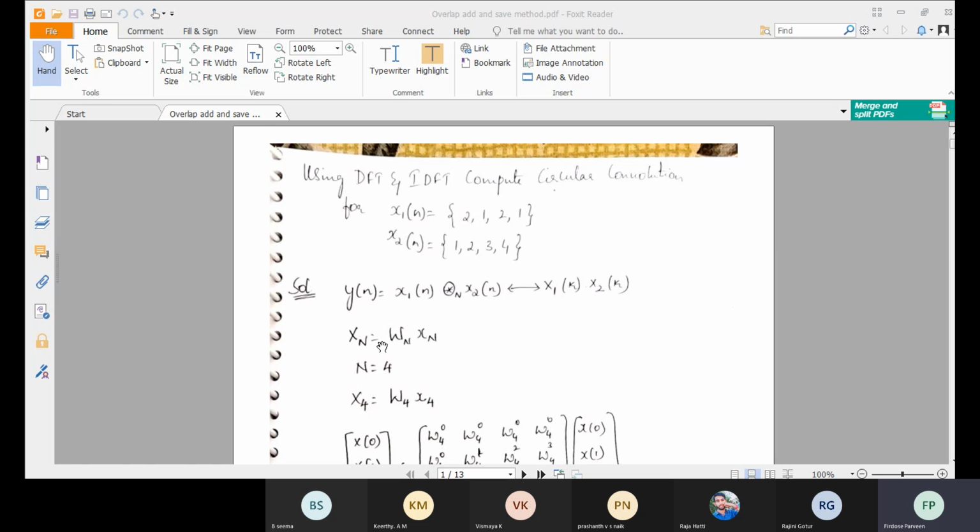It is x of k is equal to WN into x of n. So what is N here? How many samples do we have? We have 4 samples. So N will be equal to 4. So X4 is equal to W4 into x4, that is x of k, and this will be your x of n. Okay, so